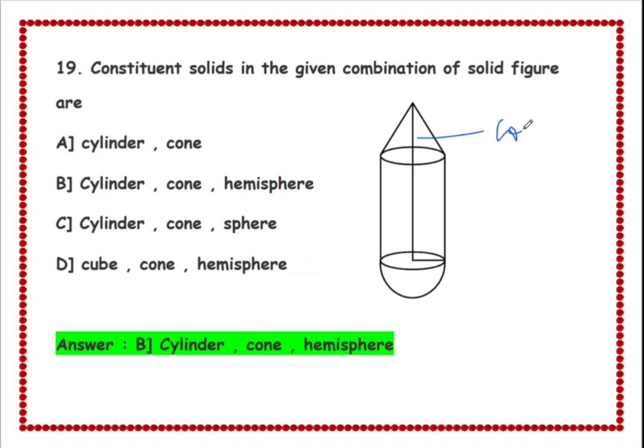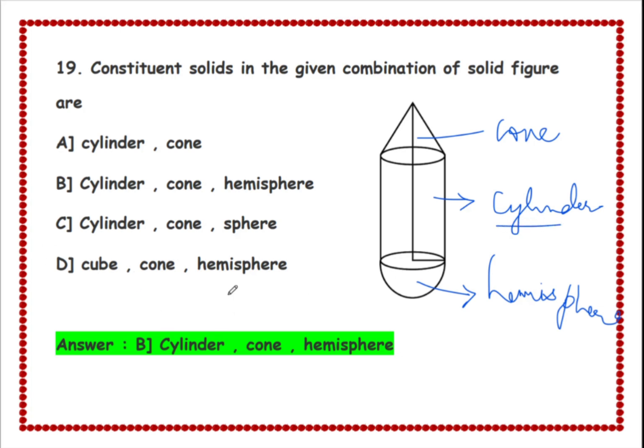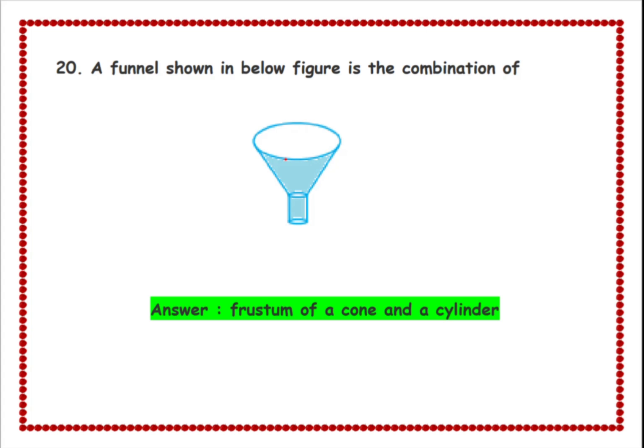The constituent solids in the given combination figure: the following figure is a combination of cone, cylinder and hemisphere. Therefore, the correct answer is option B, cylinder, cone and hemisphere. The figure is a combination of cylinder, cone and hemisphere. Therefore, the correct answer is option B, cylinder, cone and hemisphere. Now,